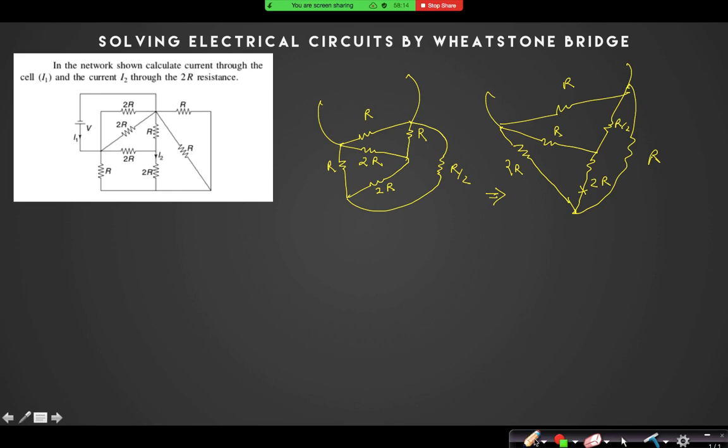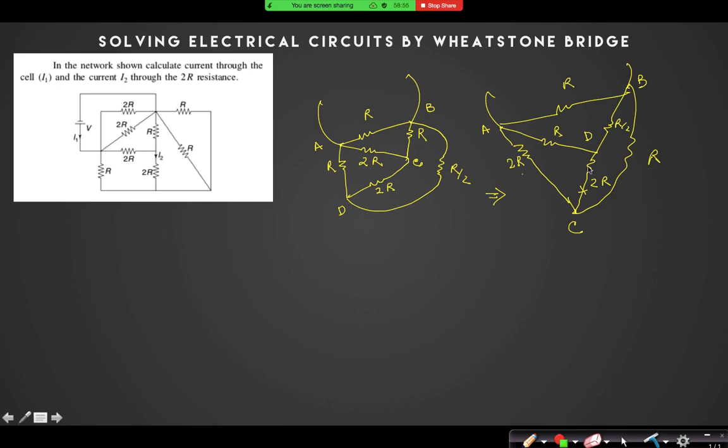Look, again, I am drawing it. Let us name these points A, B, C, D, right? And when I have drawn it here, this is AB. I have taken this D point inside. So this will be 2R and this point is C. Can you identify these two circuits are the same? Yes, sir. I have taken this D point inside.